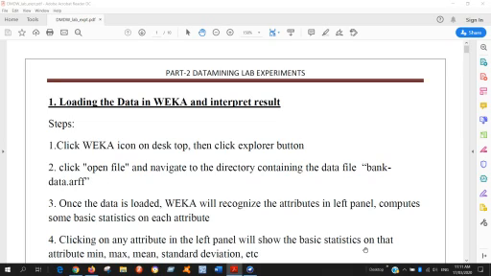Hi friends. Today I'm going to explain all programs from program 1 to program 6 with execution. I can show you everything. Let me start the first